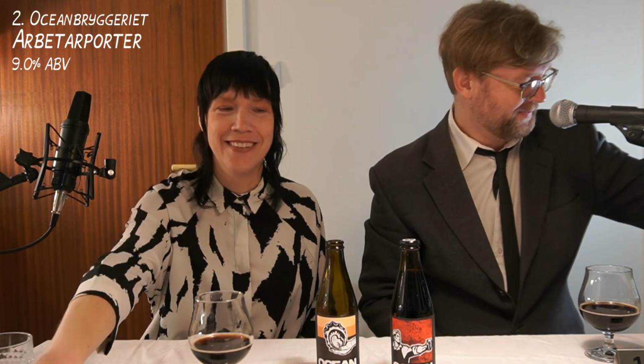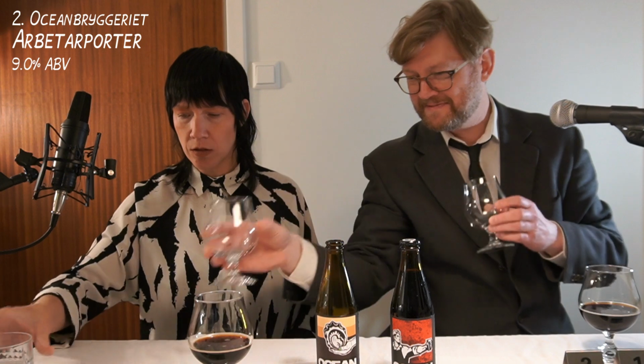For me, this is a typical stout, but we also have some more imperial stouts later we can compare to. But now is maybe a perfect opportunity to try the other one from the same brewery. And this time it's a porter, but of course a much stronger one. But yeah, let's compare them side by side. Maybe Anna will get a bit happier. This is one of my favorites, so that's a good start. But I haven't had it in a very long while, so...